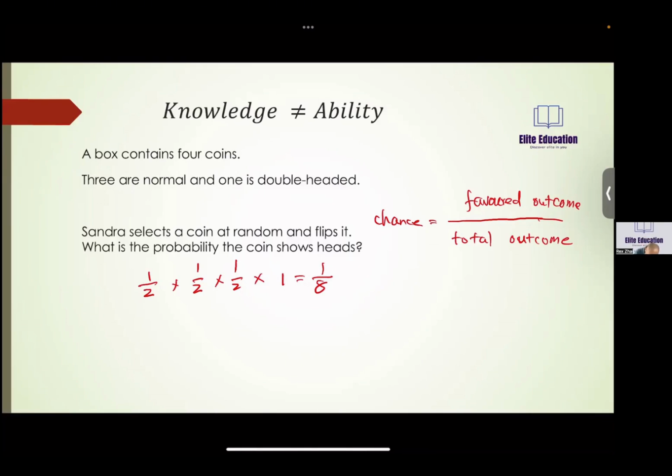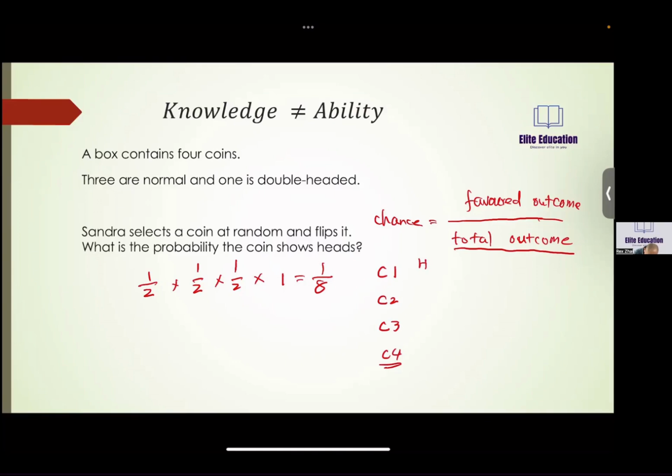Total outcomes. So the first thing children should think about is, if I have these 4 coins and I just toss them at random, then what possible outcomes could I have? What are all the possible results I could get? Then we can make a list, right? I have 4 coins, C1, C2, C3, and C4. C4 is a special one. So if I toss these 4 coins, what are all the possible outcomes I could get?